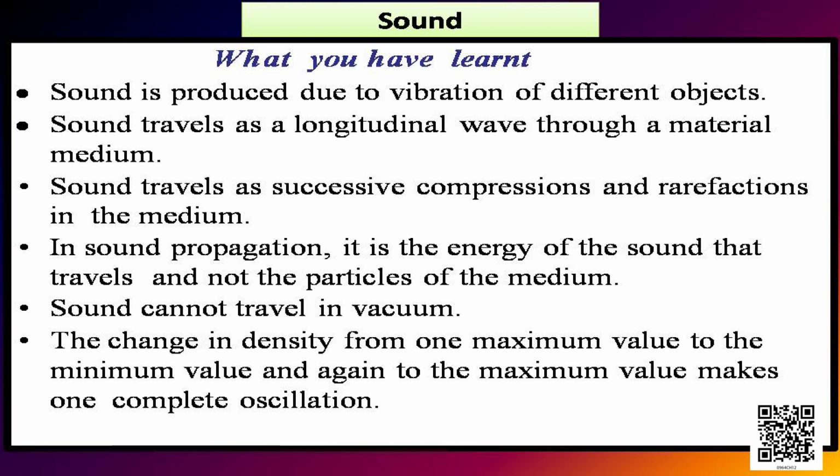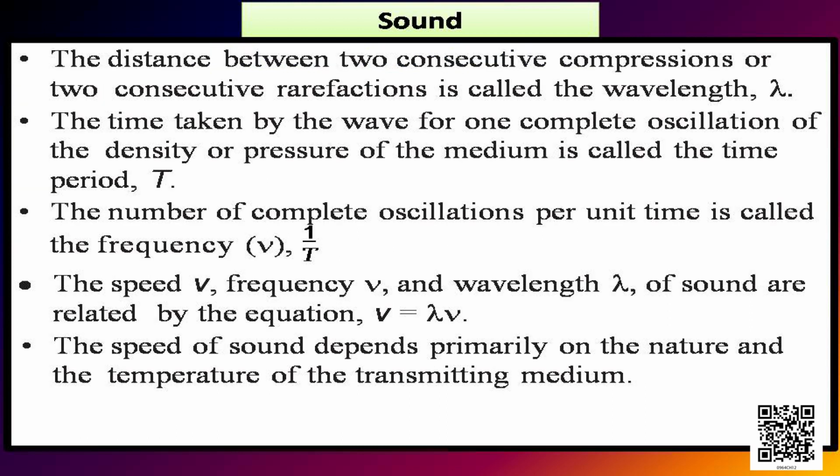The change in density from one maximum value to the minimum value and again to the maximum value makes one complete oscillation. The distance between two consecutive compressions or two consecutive rarefactions is called the wavelength, lambda. The time taken by the wave for one complete oscillation of the density or pressure of the medium is called the time period, T. The number of complete oscillations per unit time is called the frequency and it is equal